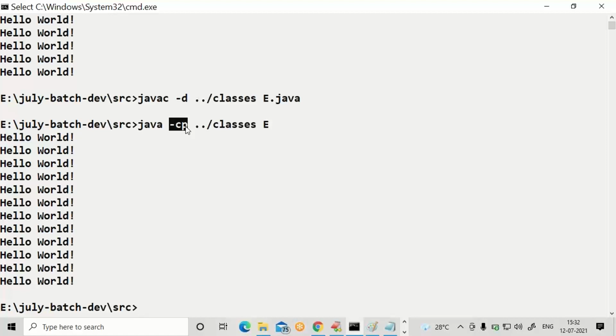You need to specify the location of E.class. -cp, location of E.class.